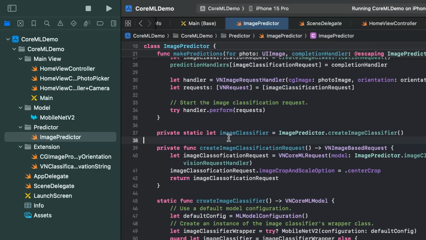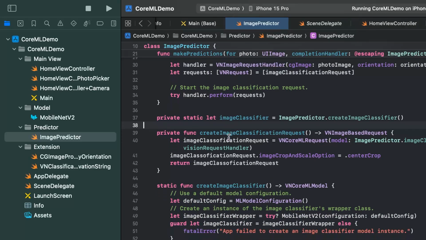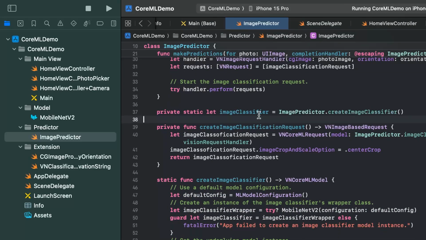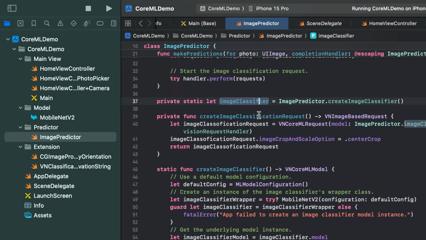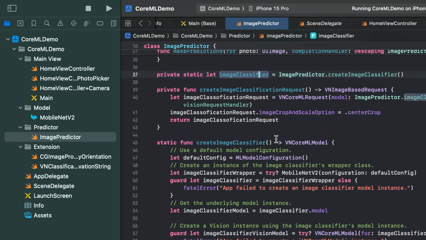The image classifier is the brain of the project, and this basically takes in the image, analyzes and classifies it, and gives us a prediction based on that. We can also see this is the image classifier that I have used, MobileNet V2. It is pre-trained with a lot of images, and it can detect basic objects like animals, plants and other items.